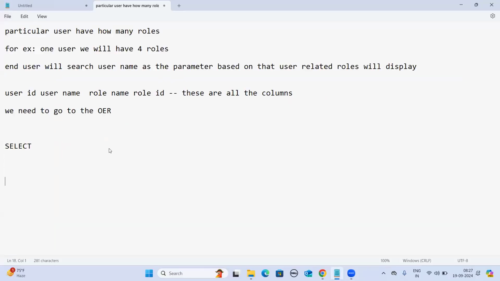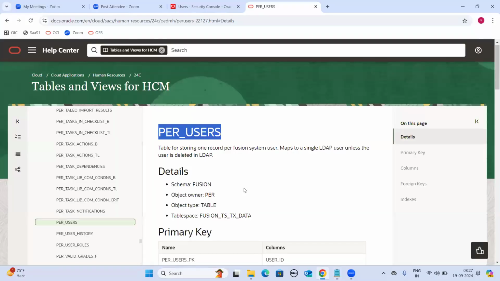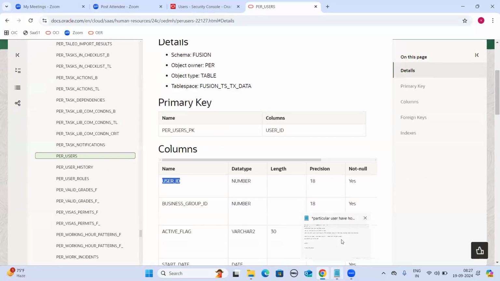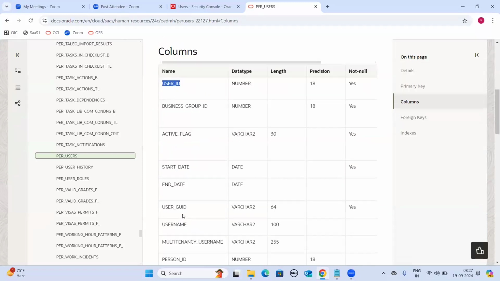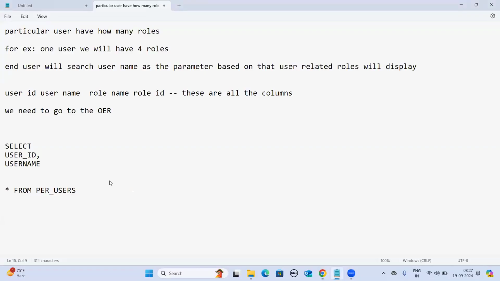Select from per_users. So what columns are required? User ID. And what else is required? Username. Select user ID, username. But the thing here is, role name and role ID we will not see in